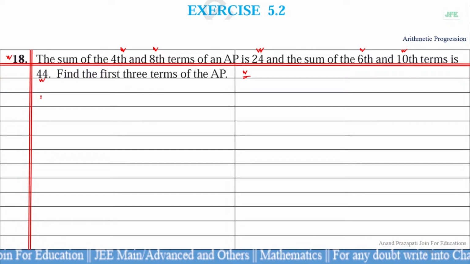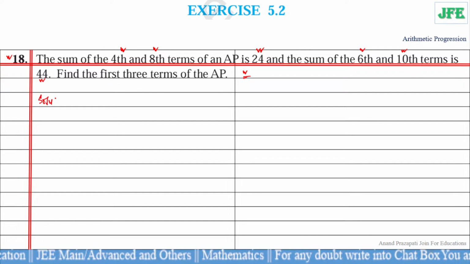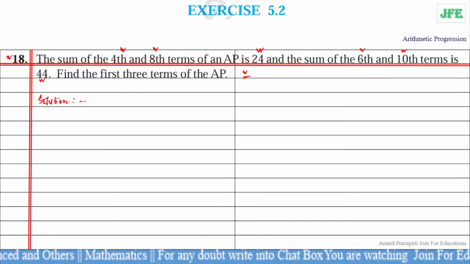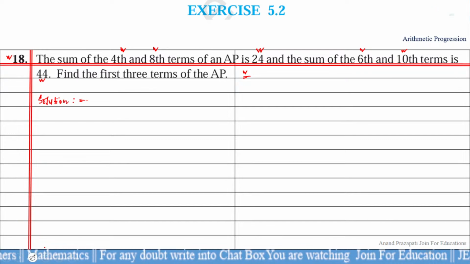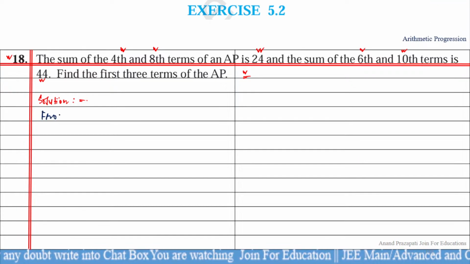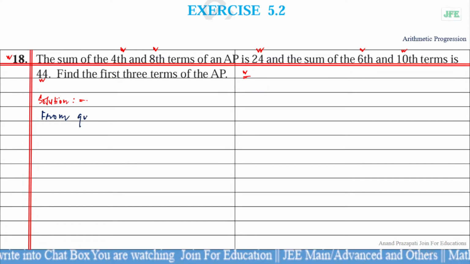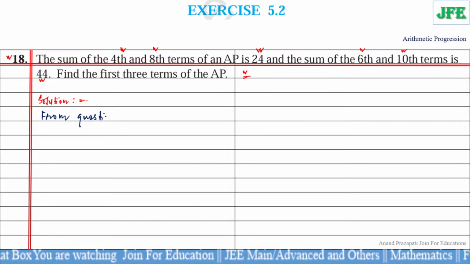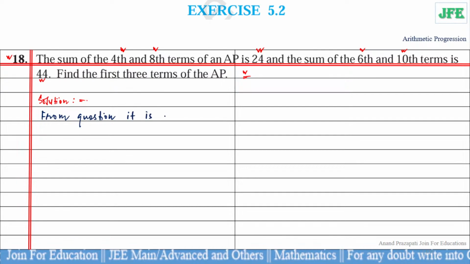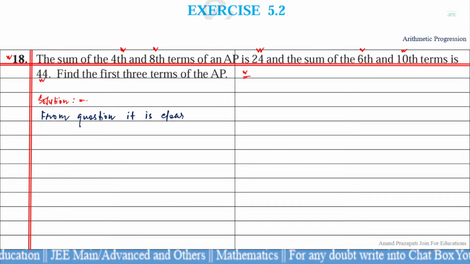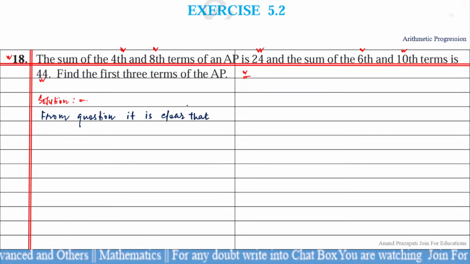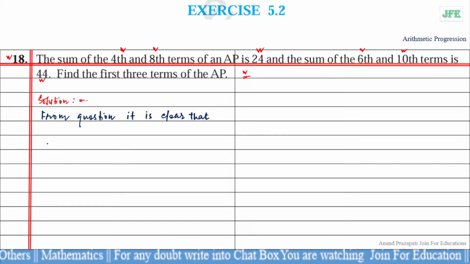So let's see the solution of this question. There is no problem to understand the question. So from the question it is clear that the sum of the fourth term, it means that a4